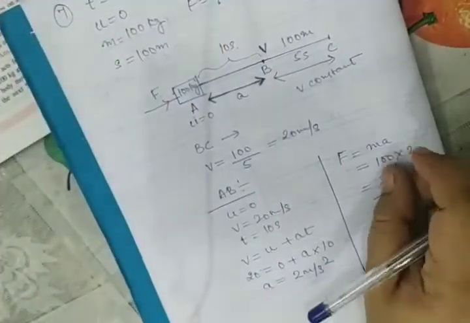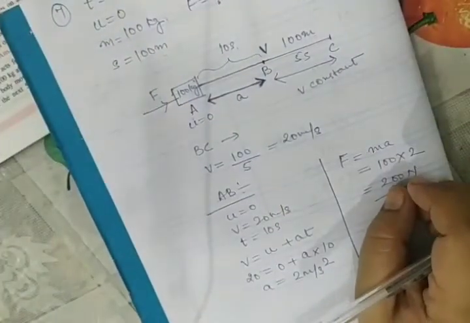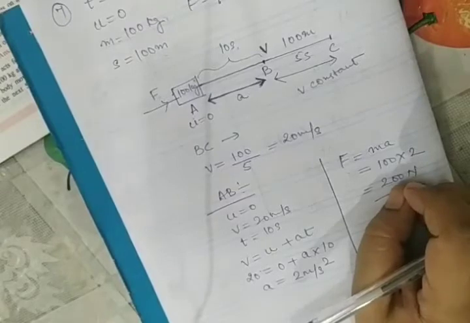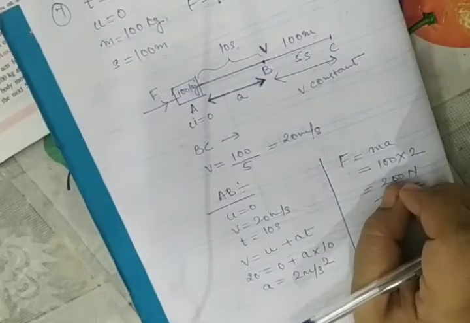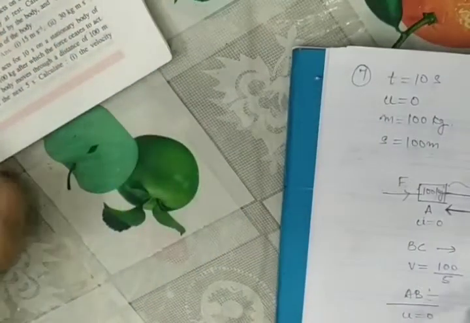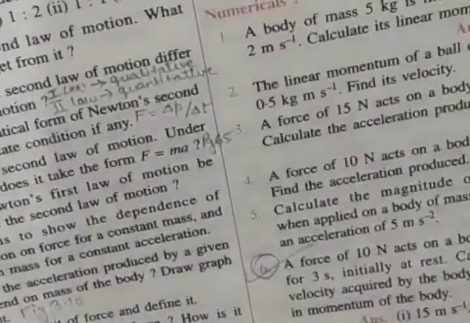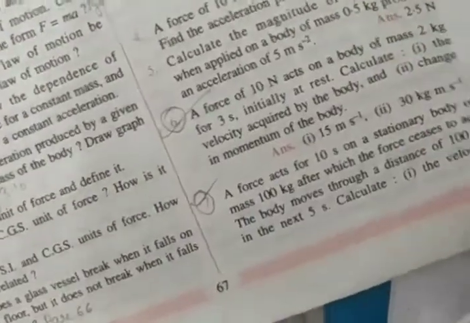So you have to understand the story first. As I say, read the numerical again and again. Understand the story, what is behind it. See, each and every word has its meaning in any numerical. Just see the numerical again. Can you see it properly? See the numerical again. What does it say?